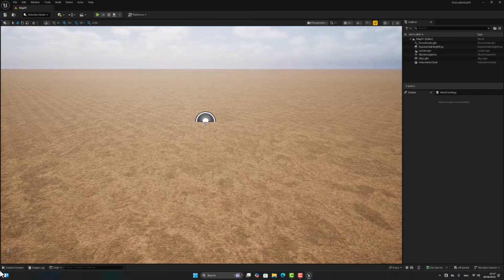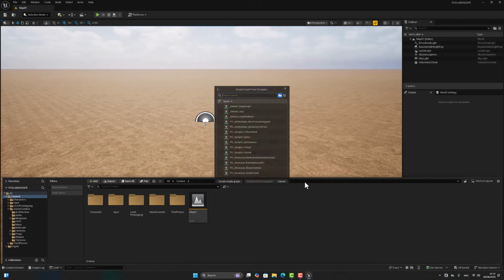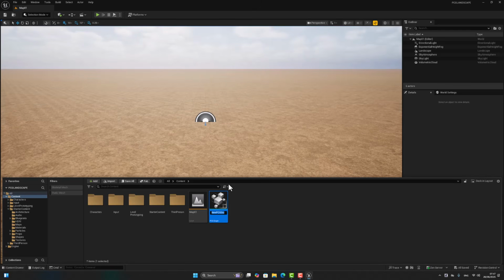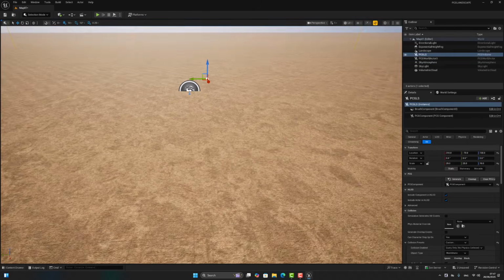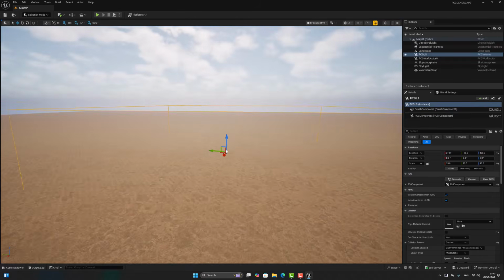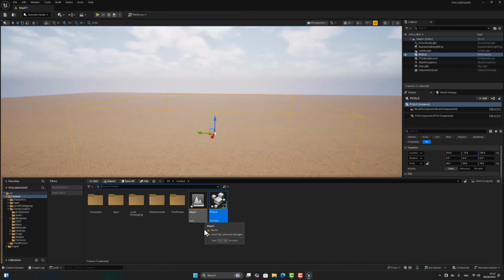Okay, after that let's go here and search for PCG graph, create empty graph, PCG landscape. Drag the PCG in this place. Okay, now let's go here to add